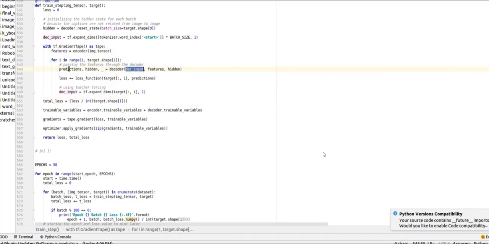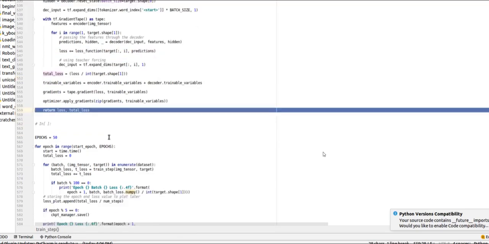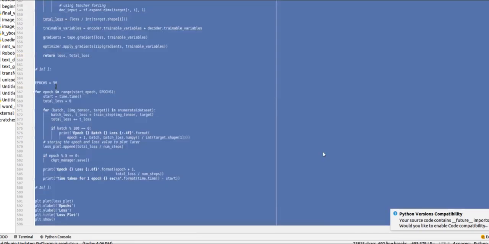The decoder will generate a prediction output, and in each epoch this prediction output is used to analyze the loss, and training keeps going until we get the optimum loss performance. It entirely depends upon the number of epochs.